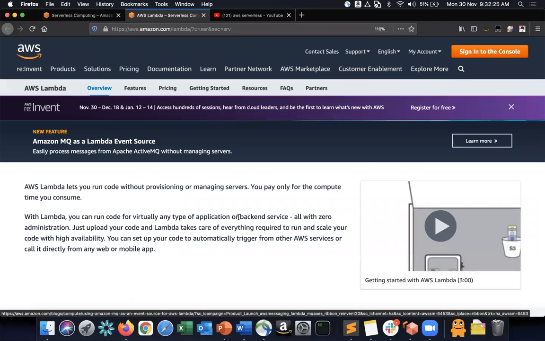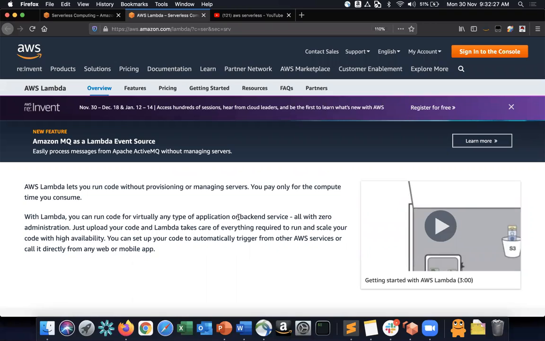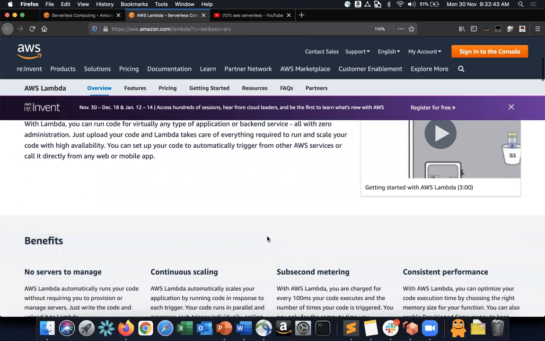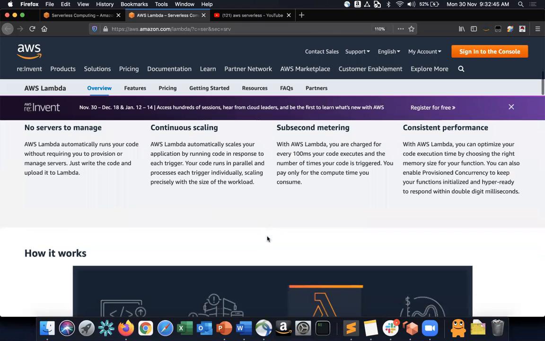Yeah, so that's Lambda, right? Where you saw that you don't have to really manage any infrastructure, you don't have to manage servers, you don't have to do anything of that sort, right? Everything is taken care of by Lambda functions, and it scales automatically, and it also provides you sub-second metering, right? So if your code runs